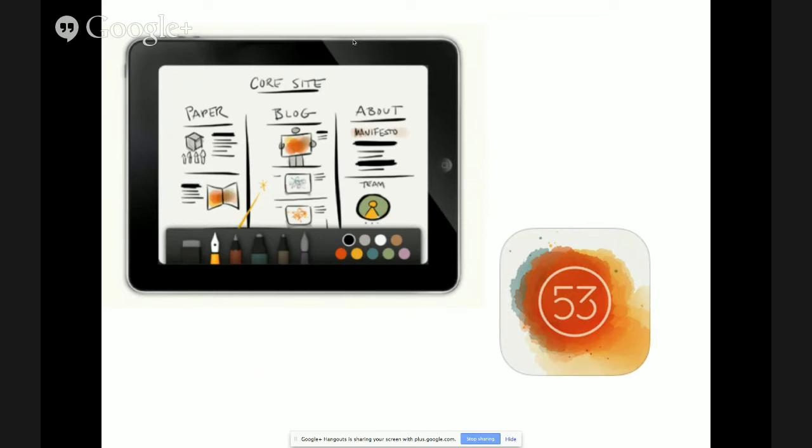And an app that I found that fits perfectly for my style there is Paper by 53. And if you see in the iPad up there, it's basically you can just use a stylus or your finger to sketch out a storyboard. You can really sketch out the shots ahead of time before you would go out on location. Those shots could totally change, but what I have found is that if a student can visualize in their mind